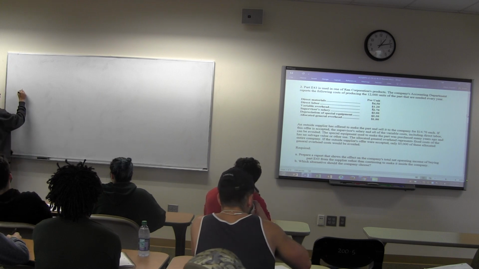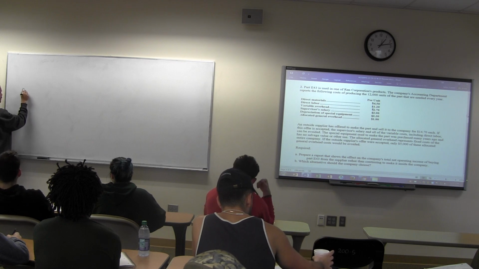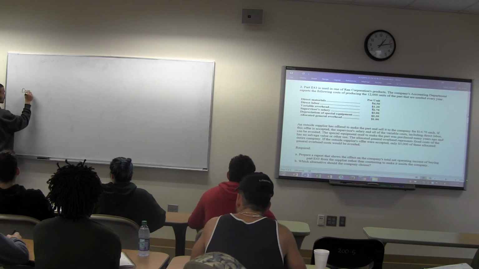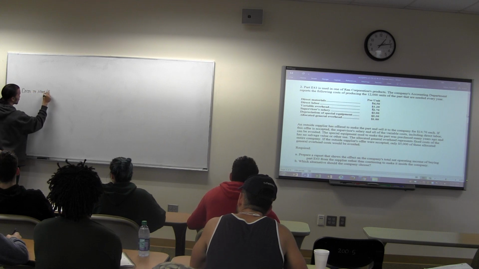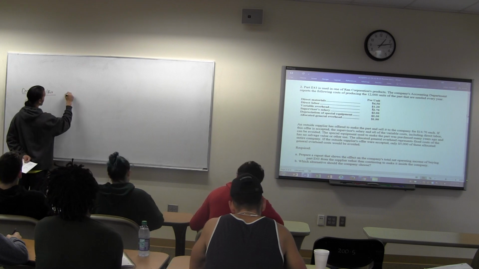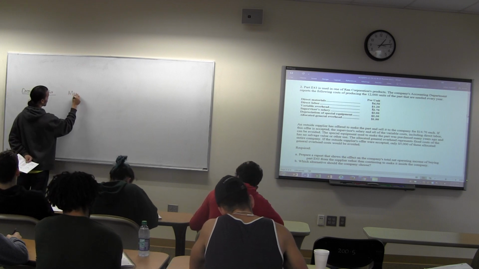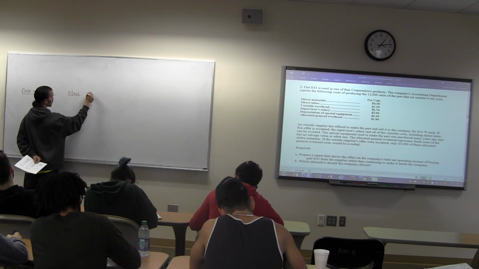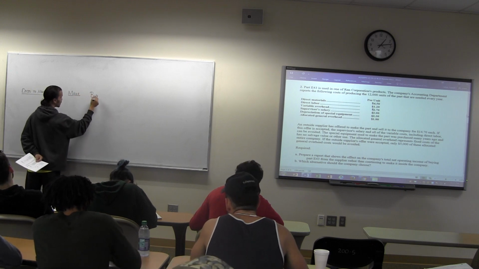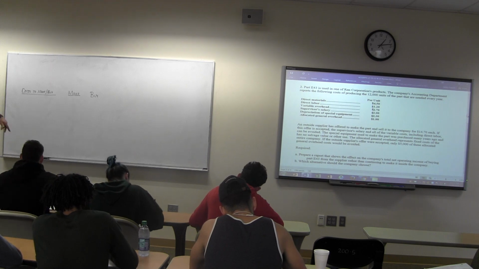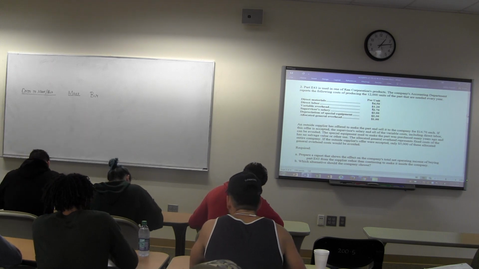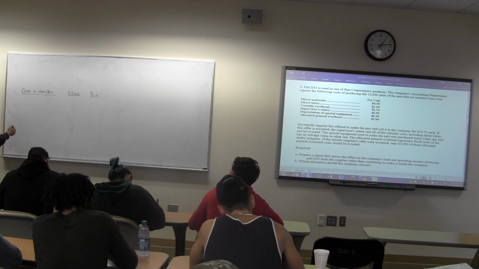We're basically looking at the relevant costs. Make a column for make and one for buy. And the idea is you're basically going down your list. You're saying direct materials,